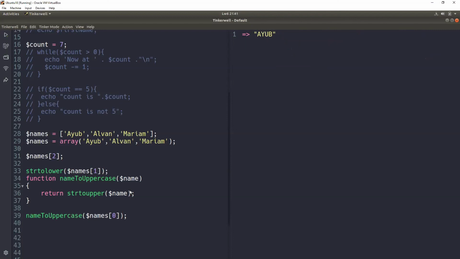So this is a simple algorithm that takes in a name, any name, and then turns the name into uppercase and returns it. For example, we could even just give it a random name as a string, for example, Joel. And then it will turn Joel into uppercase. So we have written a simple algorithm that turns names or words into uppercase.